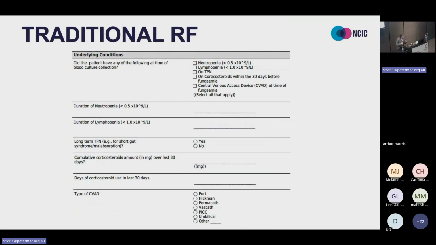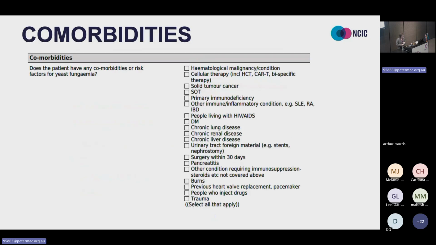And this is a general kind of traditional risk factor part, and then we'll get into the more subform part in a minute. So essentially things including, did the patient at the time have neutropenia, lymphopenia, TPN, steroids and central venous access device, duration of neutropenia, lymphopenia, TPN, etc., and the type of CVAD. Then this is what launches the branching logic of various subforms. Some of them do not in fact have any more information apart from saying yes, they have pancreatitis, etc. But some of them do have more information, understandably, including things like